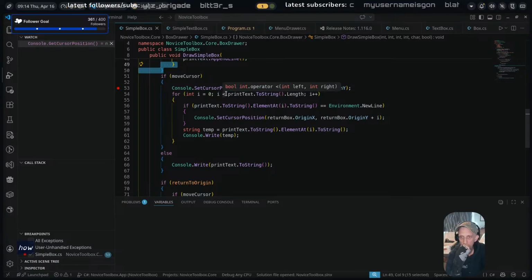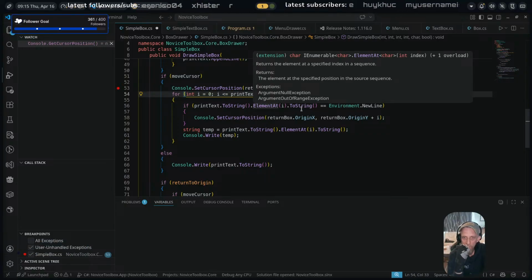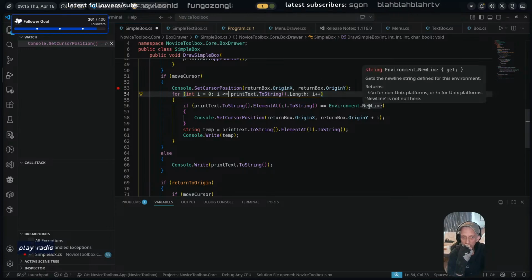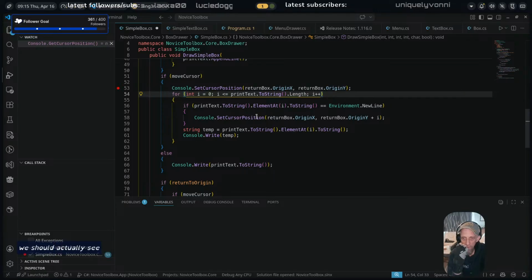Yeah, we need the entire string's length up to and including the end. And then print text that specific array element. Right, we're basically checking if that element is a new line, which we should actually see happening every so often, but then it sets a cursor position of origin X and origin Y plus